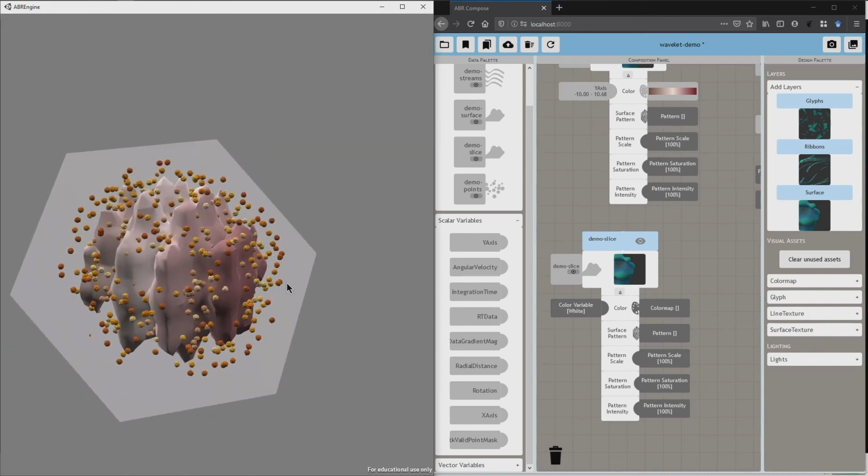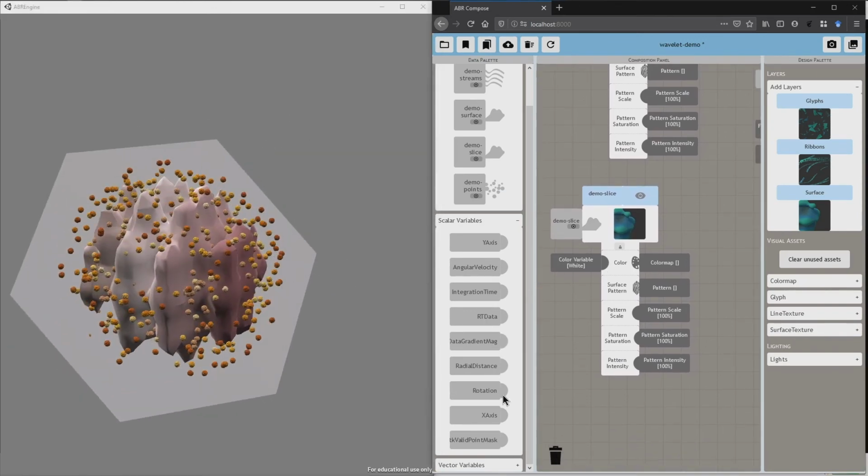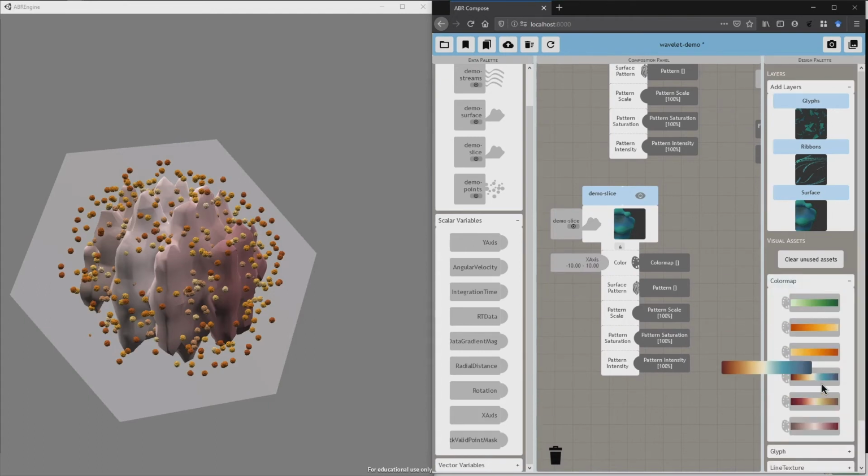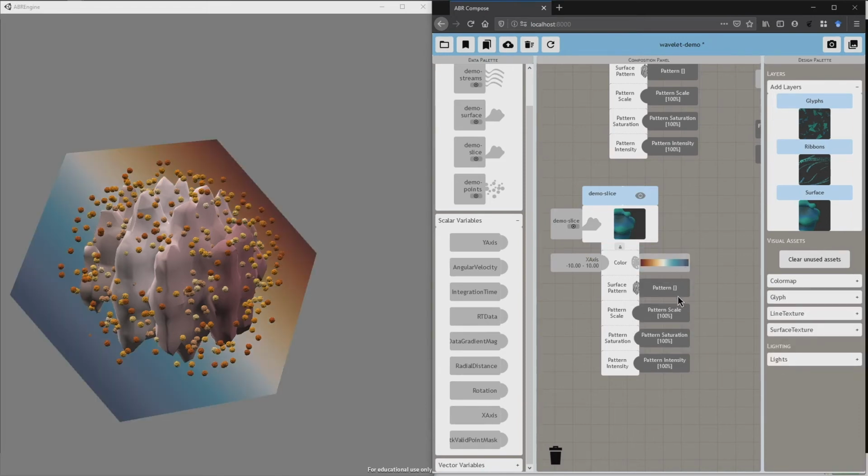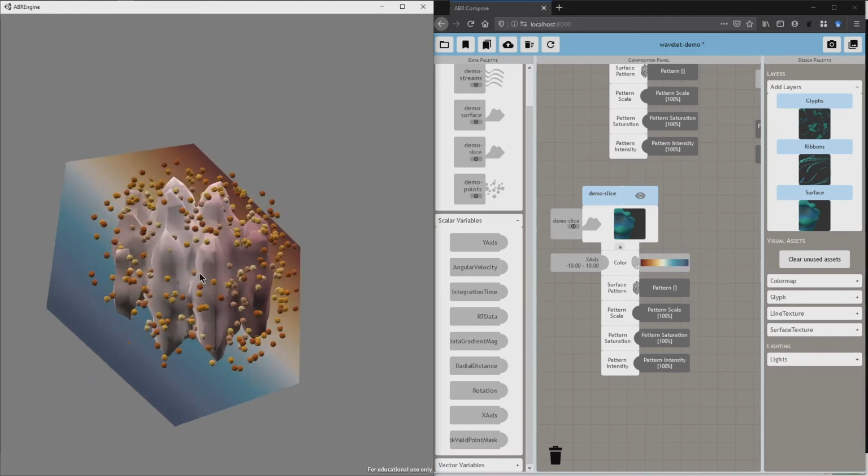There are also planes. I can put a slicing plane through it, and I can say, okay, what is the variable on that plane? And once I give it a variable, I can add a color map, and that's going to show me what's going on there. Well, it doesn't show me too much because the color's not very good, but we'll fix that later.